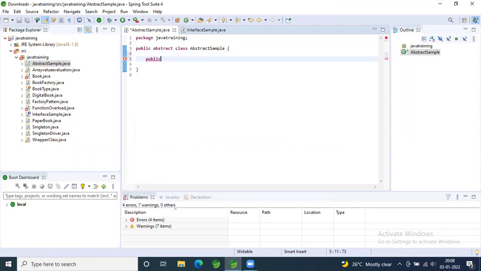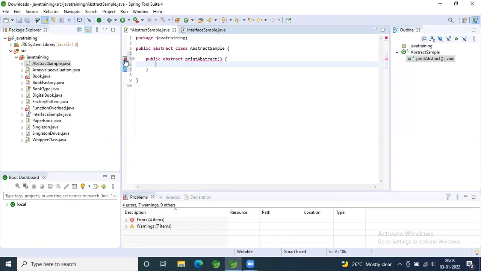So public abstract print. We'll just make it print abstract, some name. We're not going into detail about the logic, just to understand the concept. So what is the error you're getting right now?